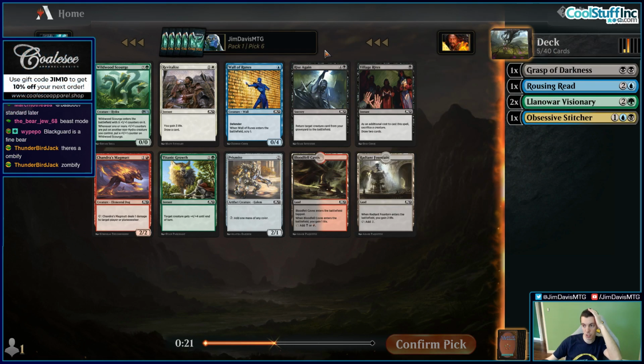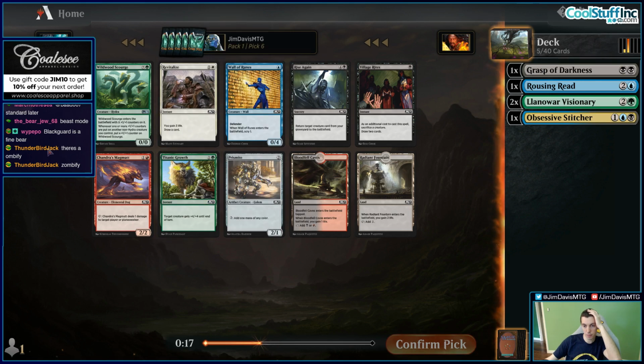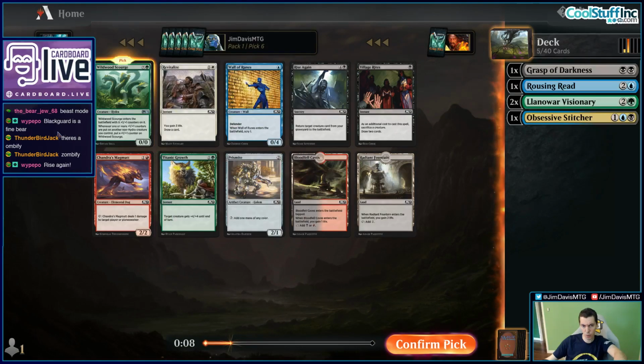And now we have two Visionaries. I think we're going to take the Scourge here. I think we're moving into green. The black cards being passed haven't been great, and blue and black hasn't really been super open either way, but this card's definitely solid, and I think the green seems fairly open, so...